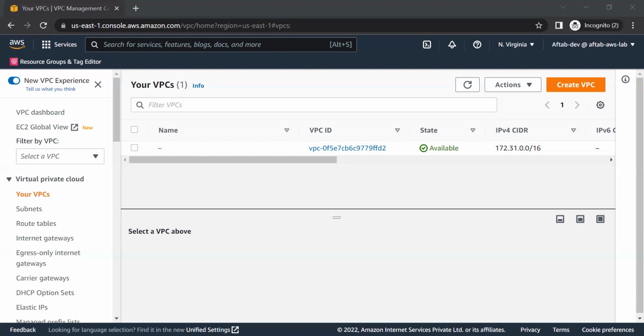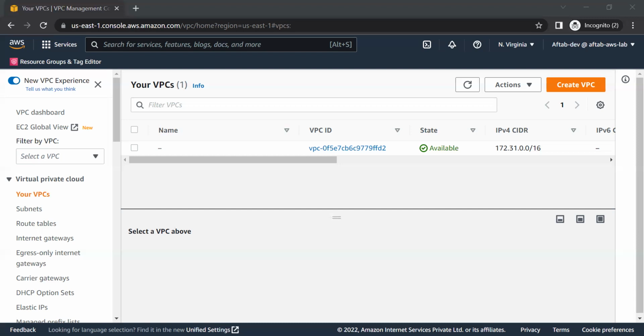/26 minimum size, /28 if we say, then everyone knows that these IPs are in bits and in octets, right? So there are 4 octets, 0.0.0.0, right? So we can say x.x.x.x, right? So if we are going to design a new network in our AWS cloud, then we have to